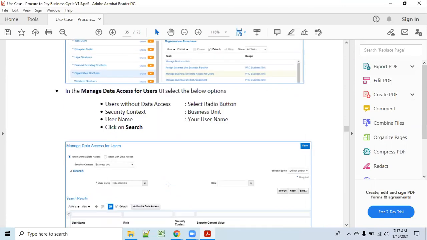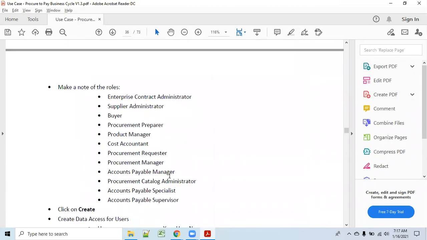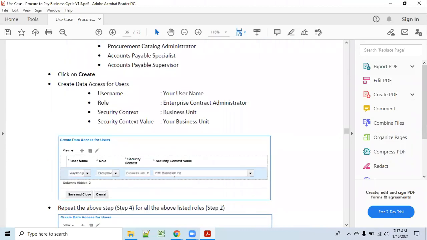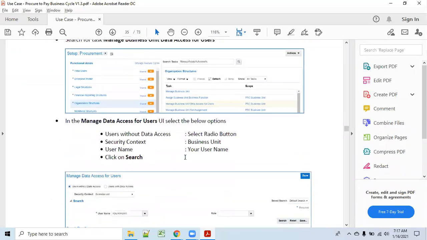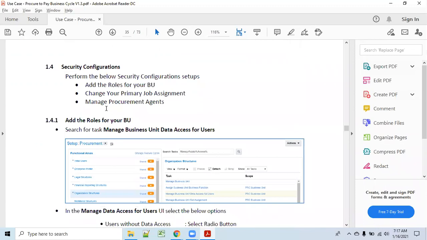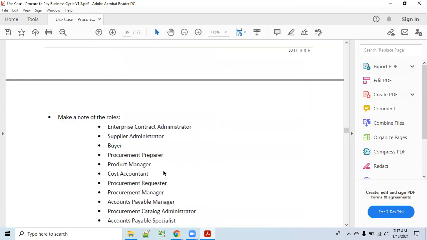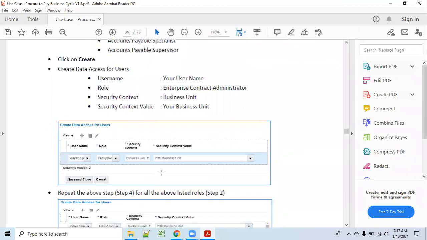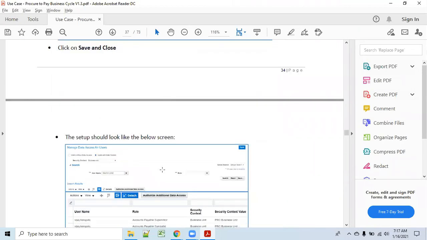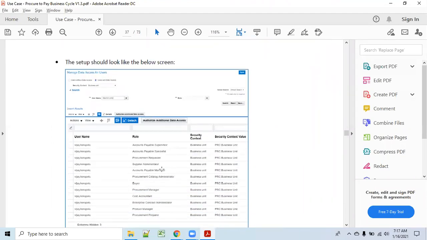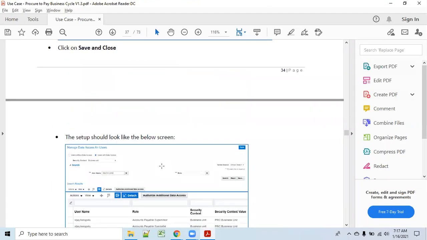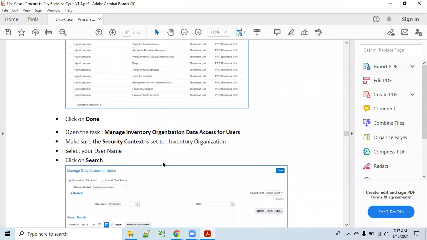And data access, any of these things we'll see once we add the roles. What is it trying to tell here? Changing your primary job assignment. Click on save.